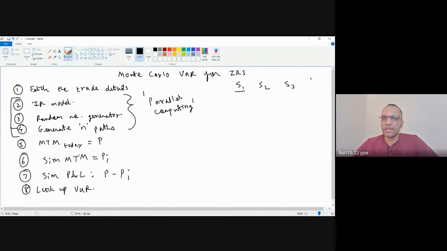Let's say these three are my regulatory scenarios, and I need to do this on a daily basis. There's no other way out. RBI says that this has to be done. Now, there are two ways in which this can be managed. On a normal laptop, so normal activities which we do, things are done serially. So, there's a serial